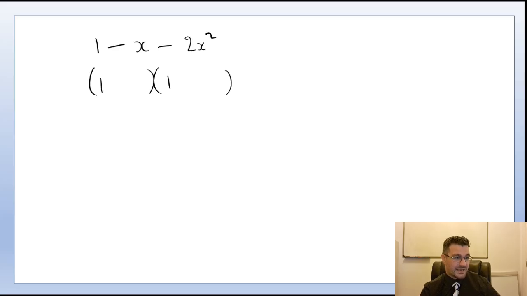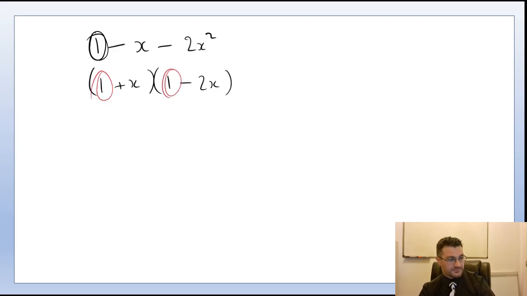Thinking off the top of my head here, but forgive me if this is wrong, it should factorize to 1 plus x times 1 minus 2x. Notice that we've got a 1 here. And what do we see in our factors? 1, 1. Okay? Now, of course,